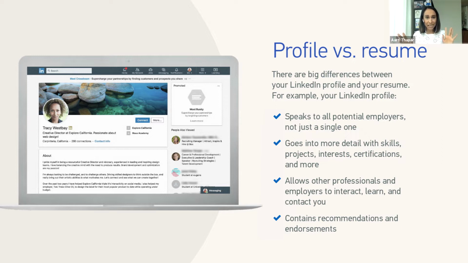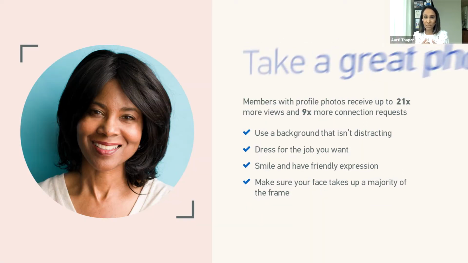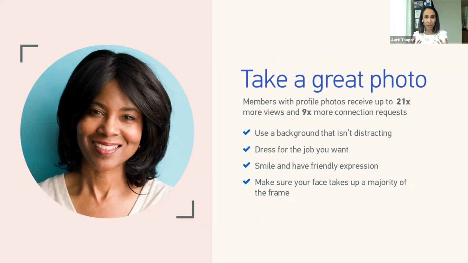So now we understand a little bit about the difference between the two. Let's talk about profile photos, which we don't normally put on a resume, but which are really important on our LinkedIn profile. So I had this really awful incident a few years ago when someone met me for the first time, and they immediately said, "Oh, I checked you out on LinkedIn beforehand and you actually look nothing like your profile photo." And I got to say, even saying it now, that was one of those really embarrassing moments.